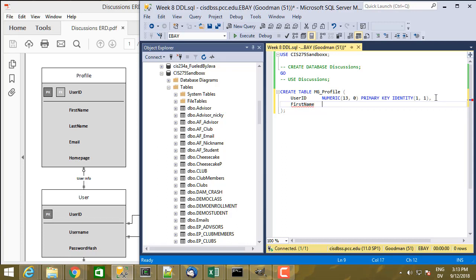And then there's a bunch of different choices here. I can either make this a fixed width or I can make it variable width. Fixed width is char type. Unicode is nchar, so nchar is fixed width Unicode. Varchar is variable length. Nvarchar is variable length Unicode. And so I'm going to use nvarchar. And then I can set a maximum width on this, so let's go ahead and set 256 as the maximum